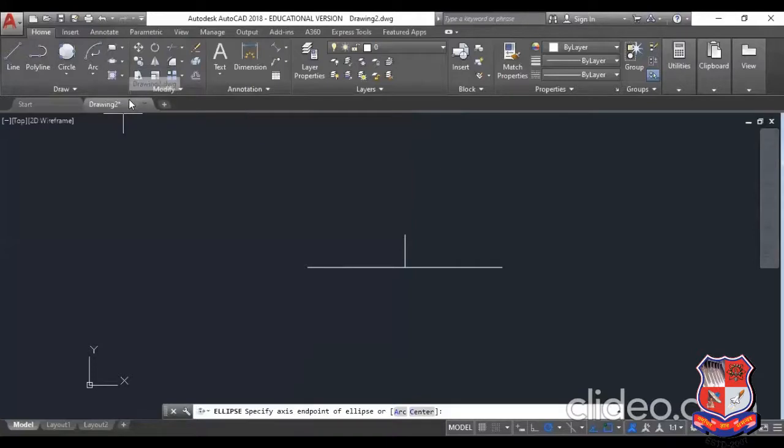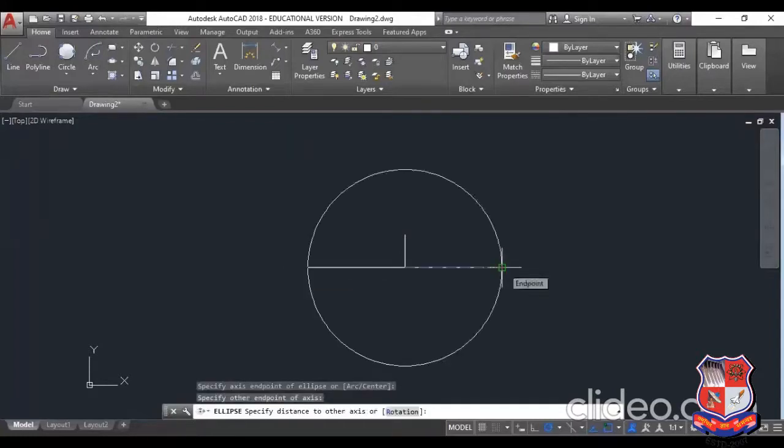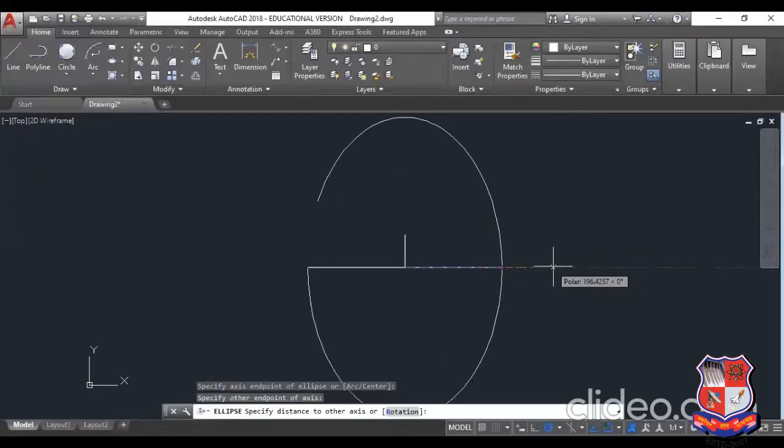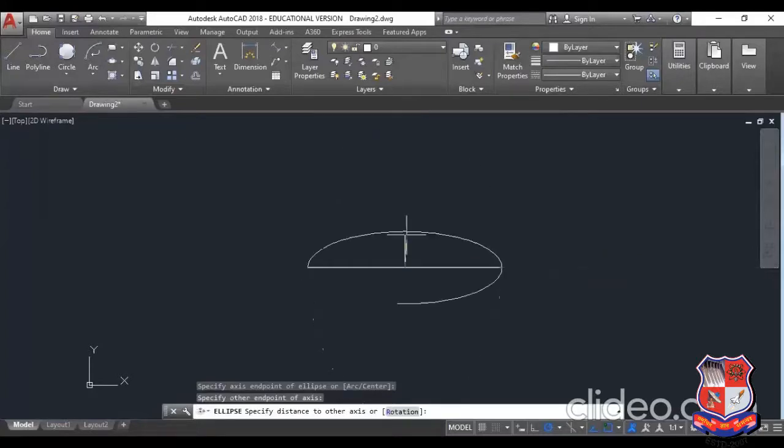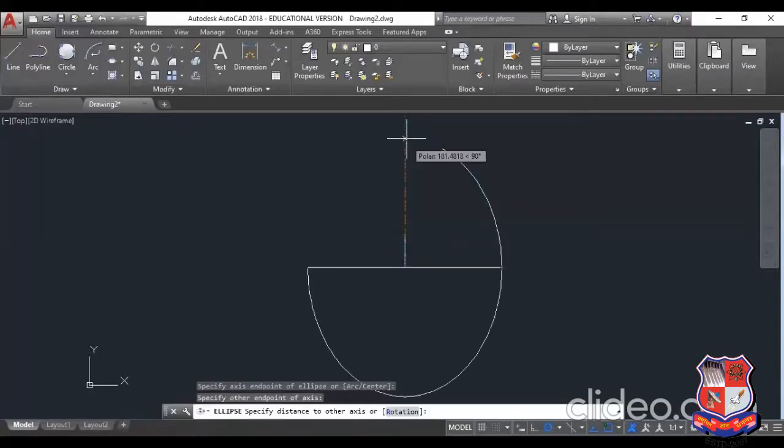Okay. If you select the axis and ellipse, then in this case you have to select axis endpoint of ellipse, means no center point. Okay. The first endpoint of the axis, second endpoint of the axis, it will fix. Okay. Now it cannot be moved. And the third endpoint of the axis will be a minor or can be a major. It depends on the application. It depends on the drawing.